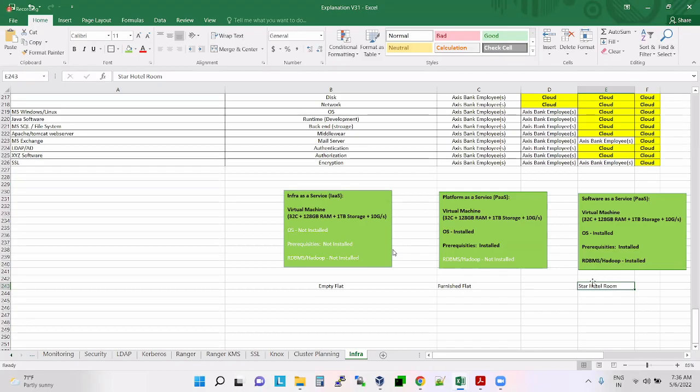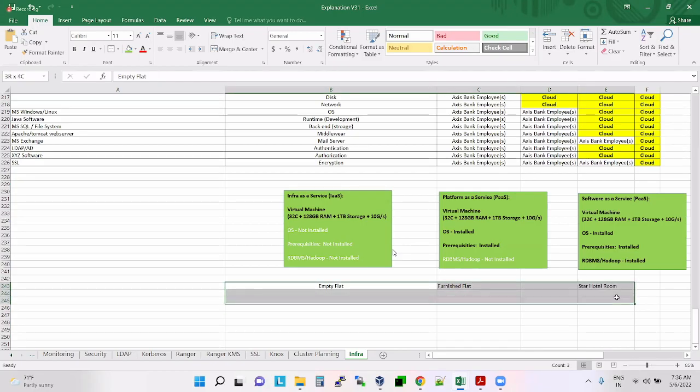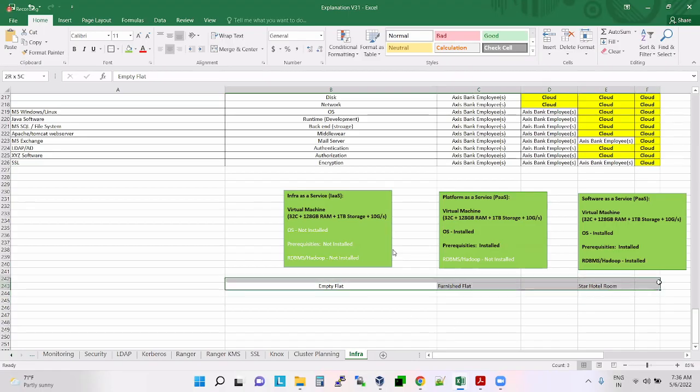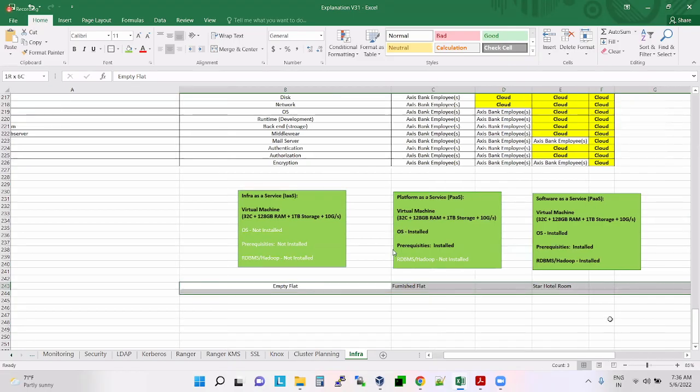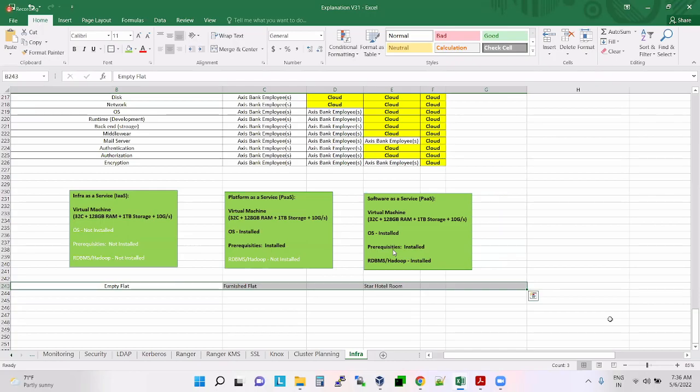If it is my own money, then I will plan accordingly based on cost. But if somebody is providing these three options, obviously you will choose a star hotel room only.